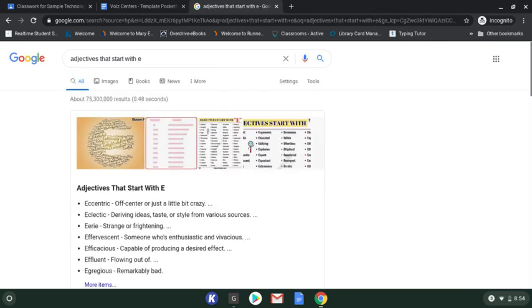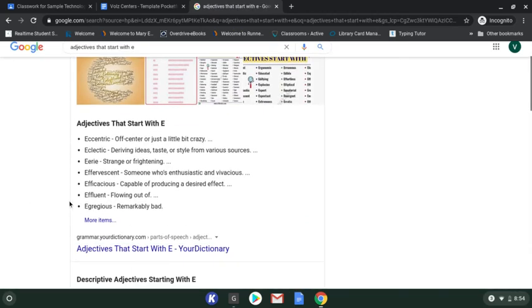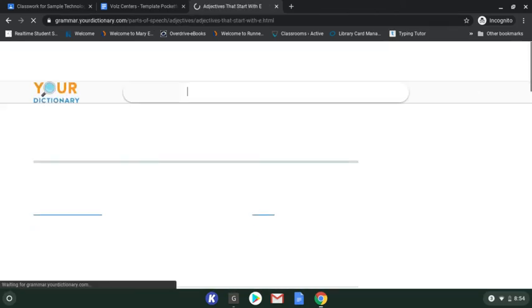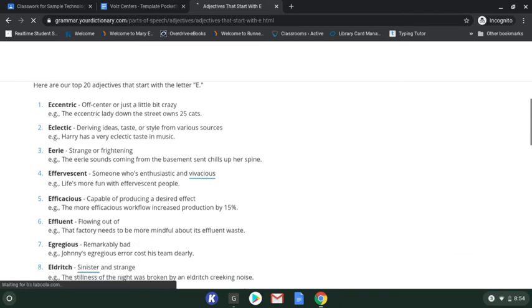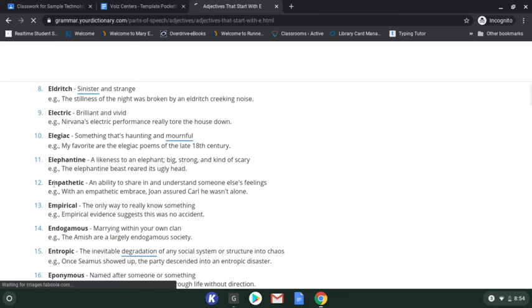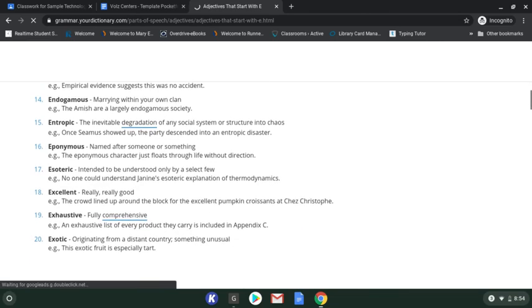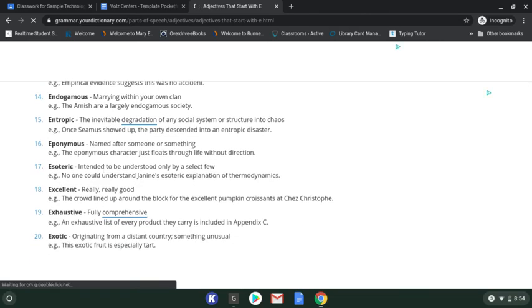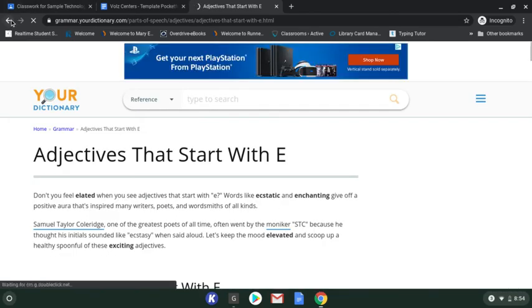You can look for whatever letter you're looking for, and they're going to give you a bunch of options here. You can look at more of them. So we have eccentric Evie, or eerie Evie. If I look at some more, maybe there's exciting Evie. Let's see, what are the other ones that they give us? Okay, electric Evie, empathic Evie, excellent Evie. So you'll be able to find some words that start with your letter.